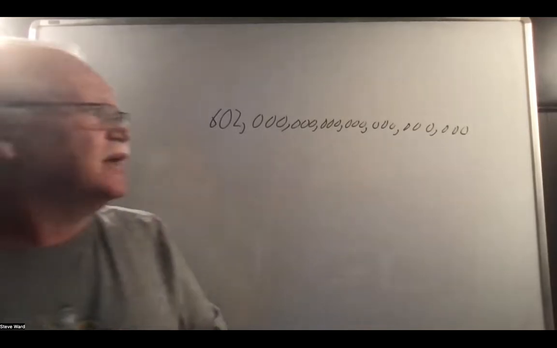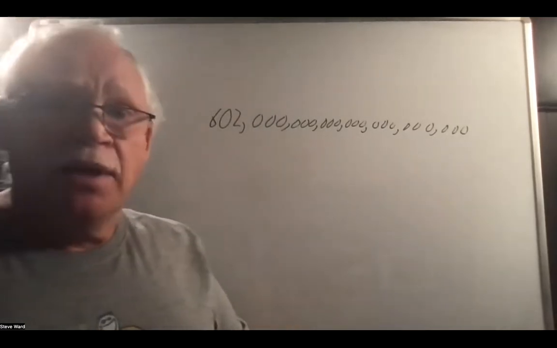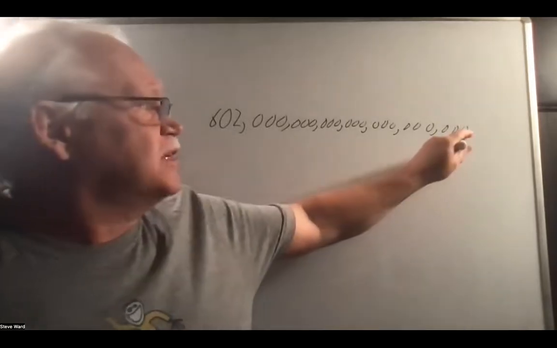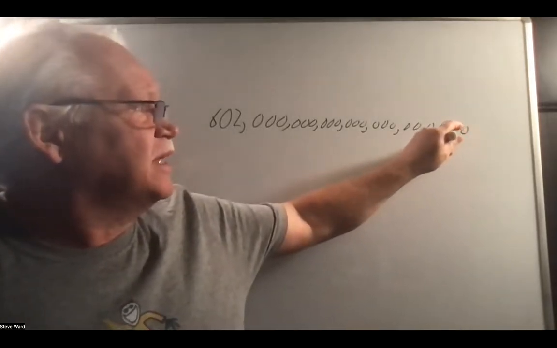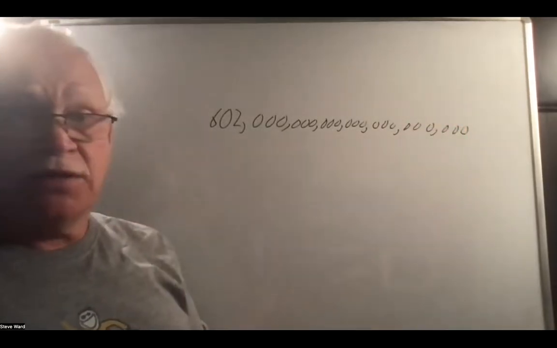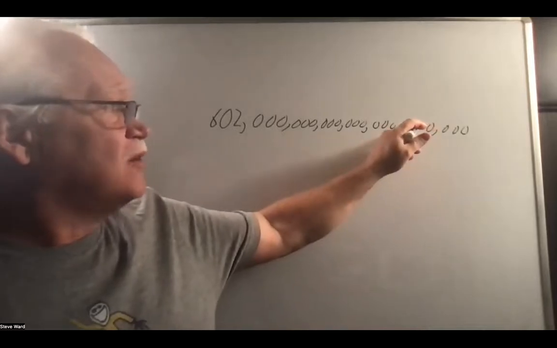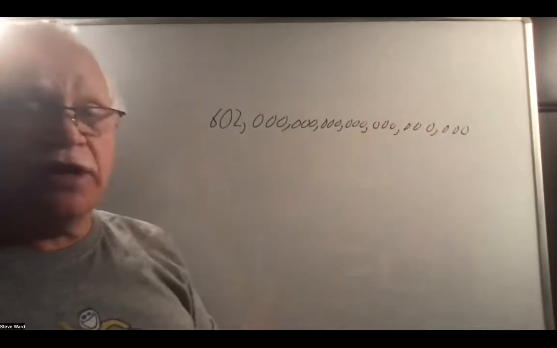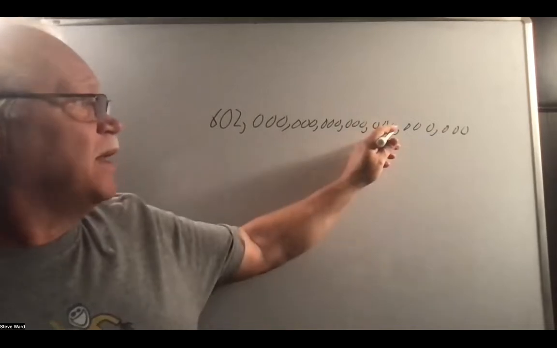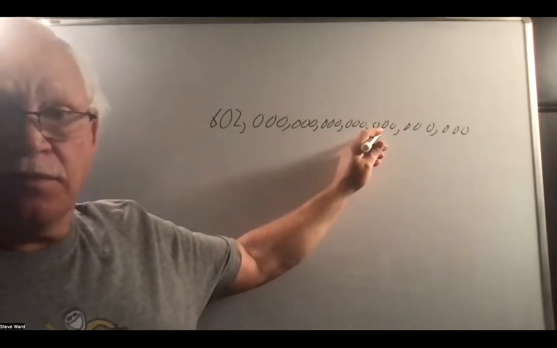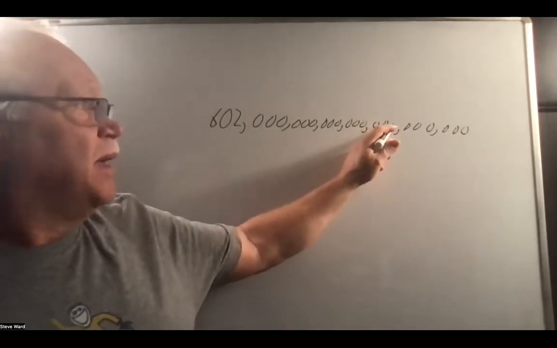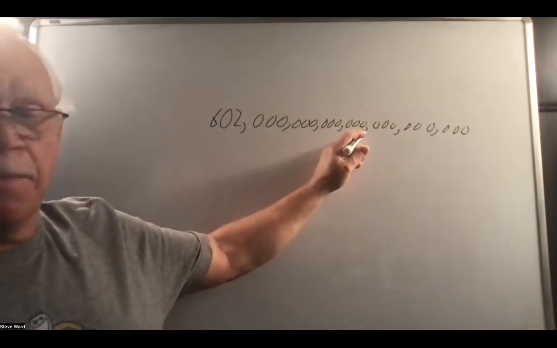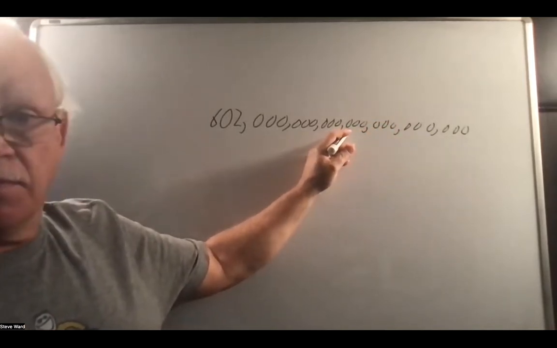Okay, let's look at that number and see what it is. Let's see what you know about the placeholders. This is the ones place, the tens place, and the hundreds place. These are the thousands places. The thousands, 10,000s, and 100,000s. What are these places called? The millions. Very good. Millions, 10 millions, 100 millions. What about these? The billions,